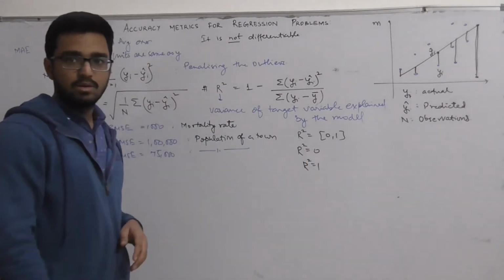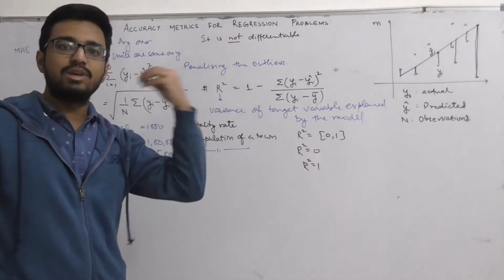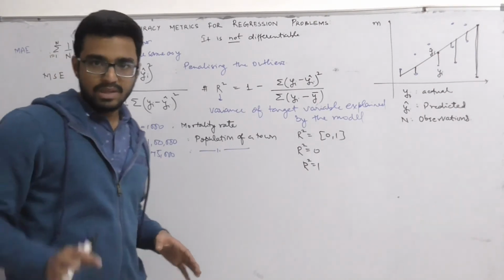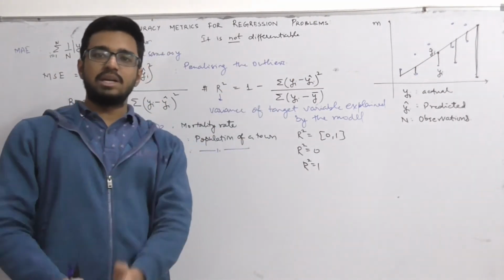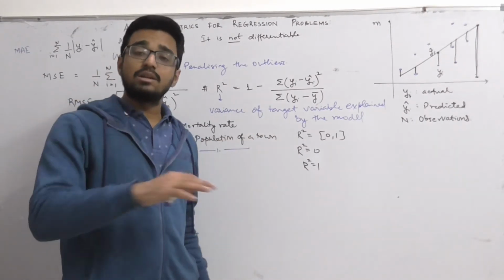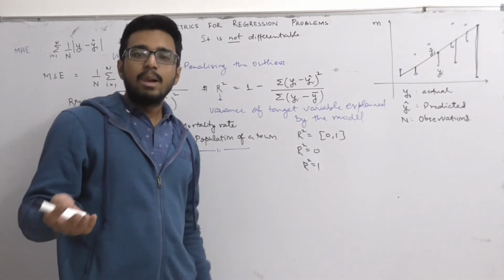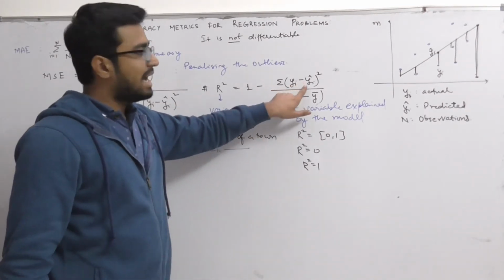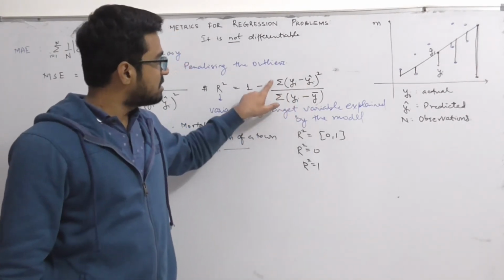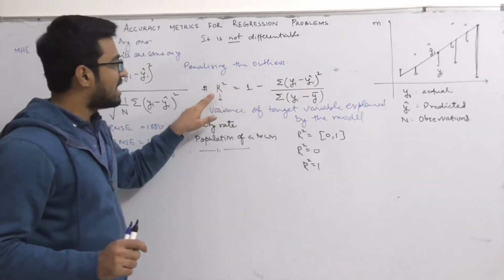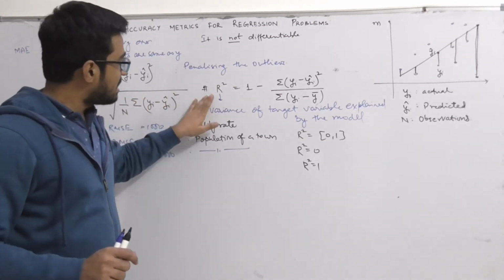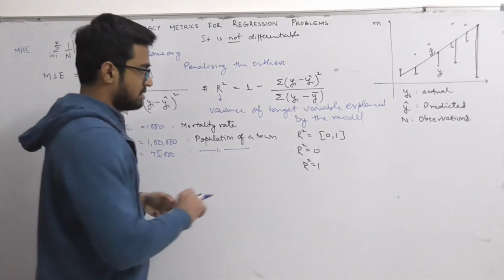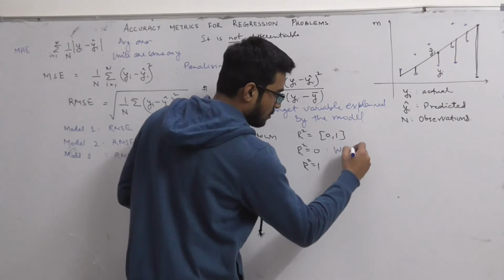Now let us say whatever we are putting in the model is predicting a single quantity, that is y bar. For any of the variables, the model is predicting that the output is y bar. Hence, no variance has been explained by the model because it is predicting the same value, which is equal to the mean. So if all the yi caps are equal to y bar, both terms become equal and the value of R square becomes 0. Hence R square equal to 0 means no variance has been explained. That means R square of 0 corresponds to the worst model.